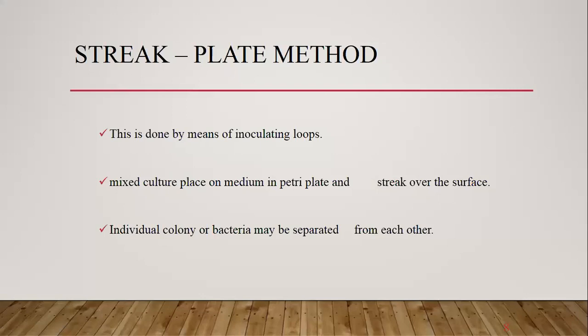The medium is allowed to solidify. As we know the role of agar, agar is the solidifying agent. The streaking is done with the help of a nichrome or platinum wire loop. Remember, this inoculating loop is always made up of nichrome or platinum wire. Now new wire loops have been developed, made up of plastic, which we can use only once; a use-and-throw type wire loop is also now present in the market. This wire loop is sterilized over a flame, and after cooling, a small amount of the mixed culture is